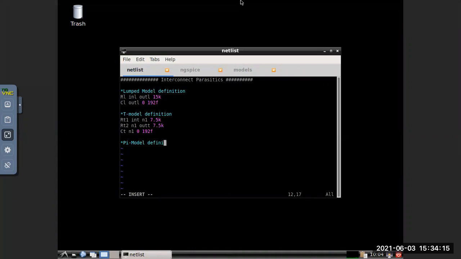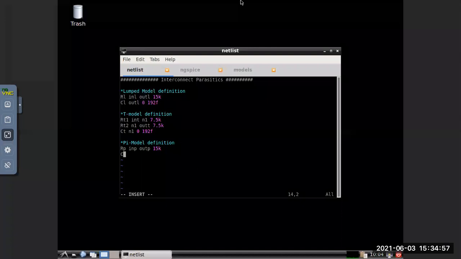Definition. So here 2C, then 1R. So in out RP, this is in P, so in out P, out P. Okay. So it's 15K.